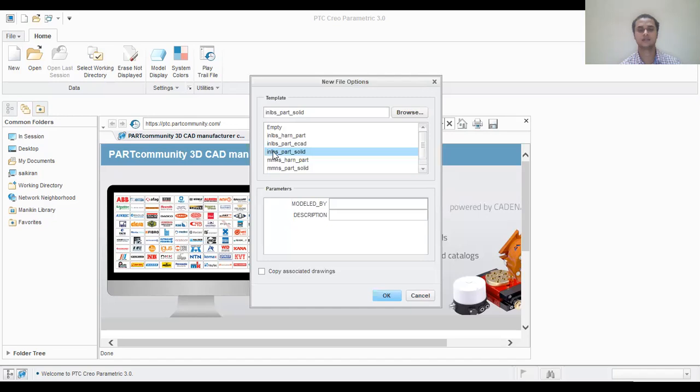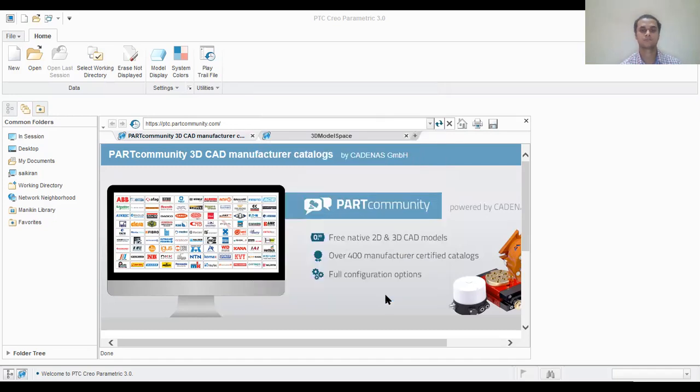By default it will be inches. So I will select part, solid. And if you want to give a name as model or a description of this component, you can do it, or click OK. Then you can see the top view, front view, and side view. It is rotating, so that you can see the actual workspace layout for the part modeling.